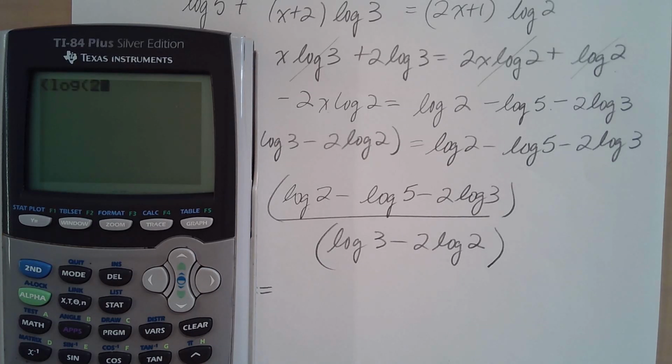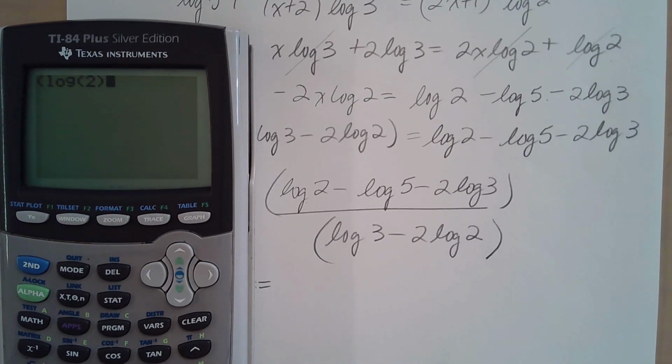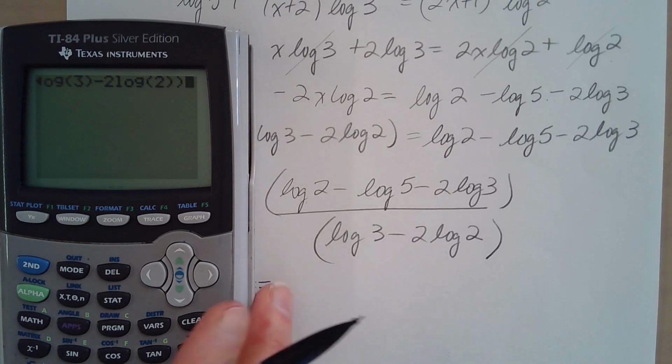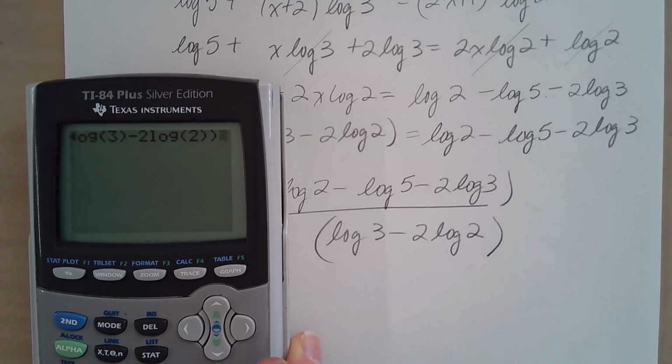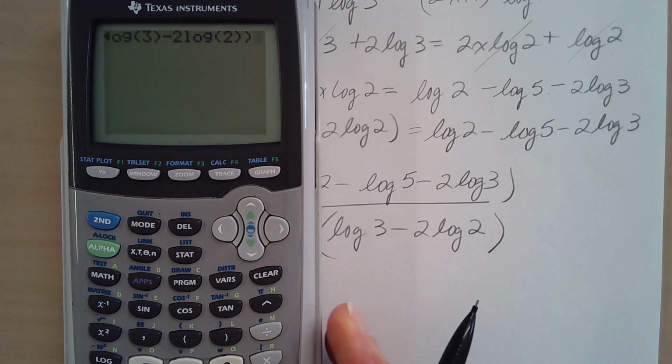Bracket log 2 minus log 5 minus 2 log 3, close my numerator bracket, divided by, now my denominator in brackets, log 3 minus 2 log 2, and that means 2 times log 2, right? But my calculator understands that when I type in 2 log 2, it's 2 times log 2. Okay, after all that,